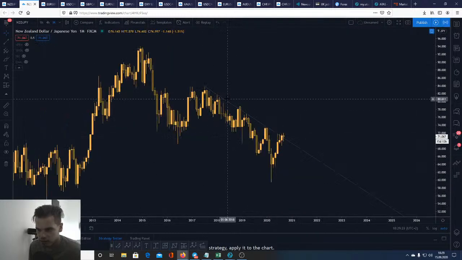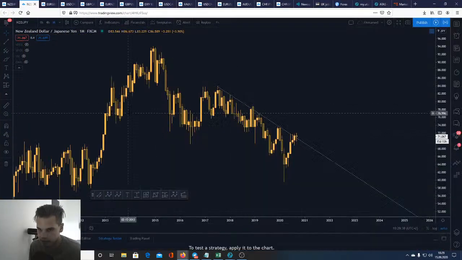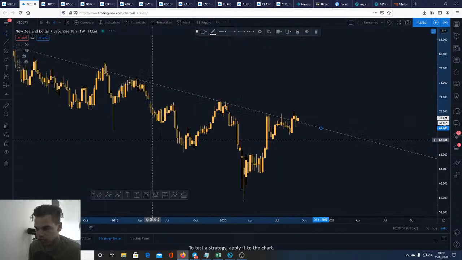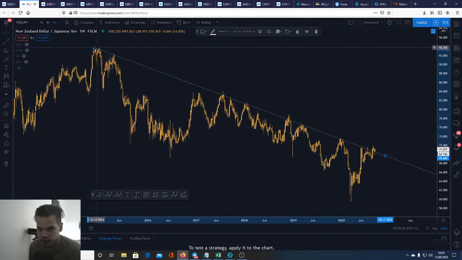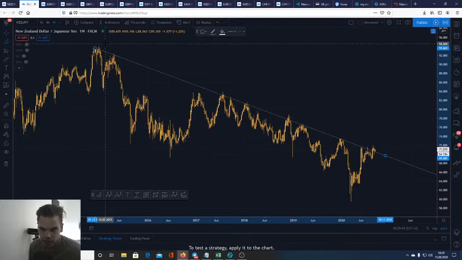You see this trend line here. It is likely to see this if we still have a bullish stock market, because usually this would be the correlation that makes sense. We would have to see a falling Japanese yen as the safe haven and a risk-on sentiment, so a rise of NZD